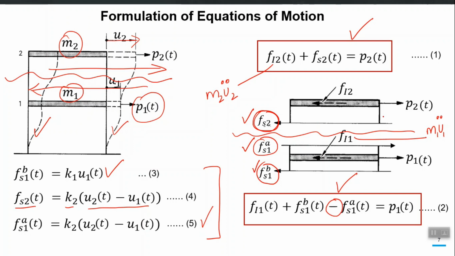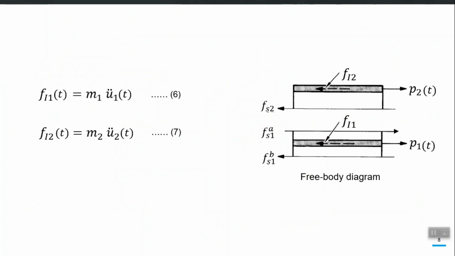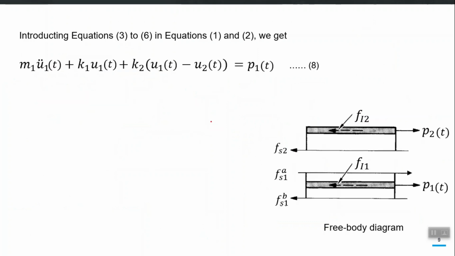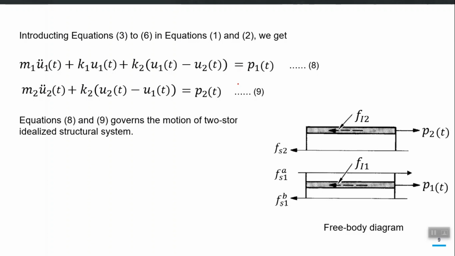So we have all of these quantities, so let's put them in equation 1 and 2 and see how the resulting equation looks. We have these fi1 and fi2 already available. Let's put them in. So equation 1 and 2 will be changed into equation 8 and 9. Actually this was equation 1, I think, previously, and this was equation 2. So we have fi2 is now replaced by this thing,